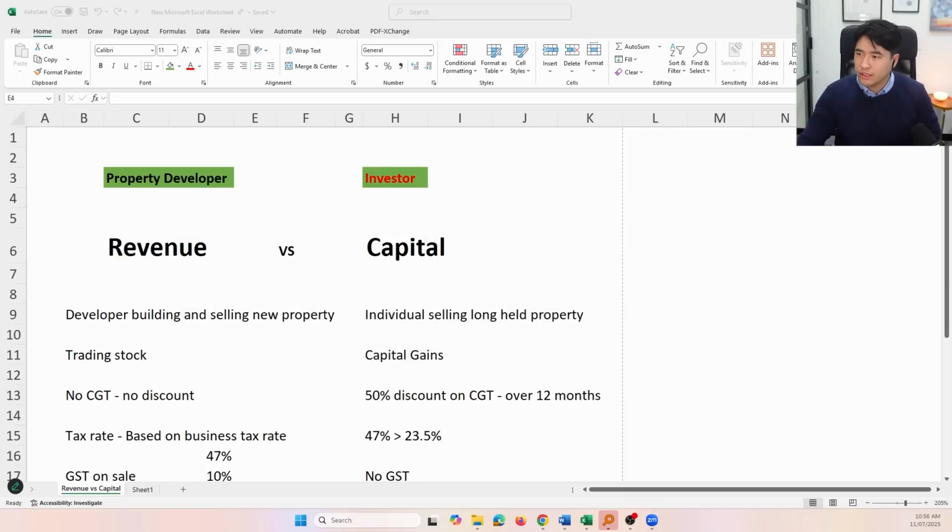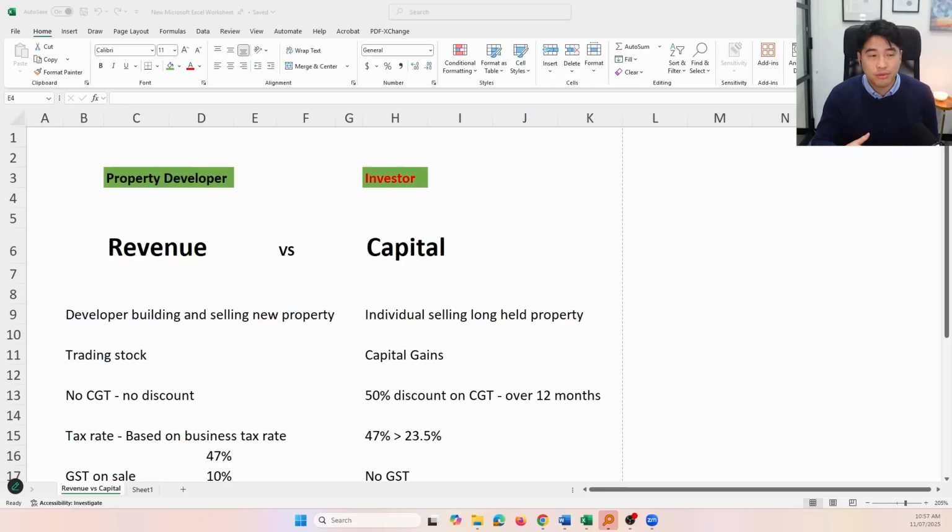I can't remember specifically on this one because it's a specific example, but a quick Google search, you'll find it. But basically, I believe that it just becomes holding costs and it gets added to the cost base, if you ever sell it one day. Because technically it's still a cost to you. It's just that you don't ever seem to be able to claim it, because there's no income to claim it against.